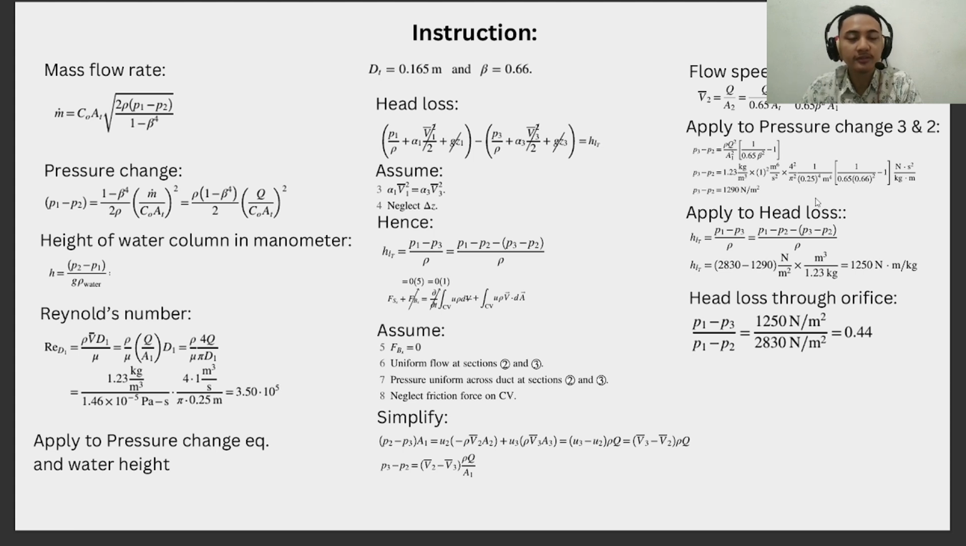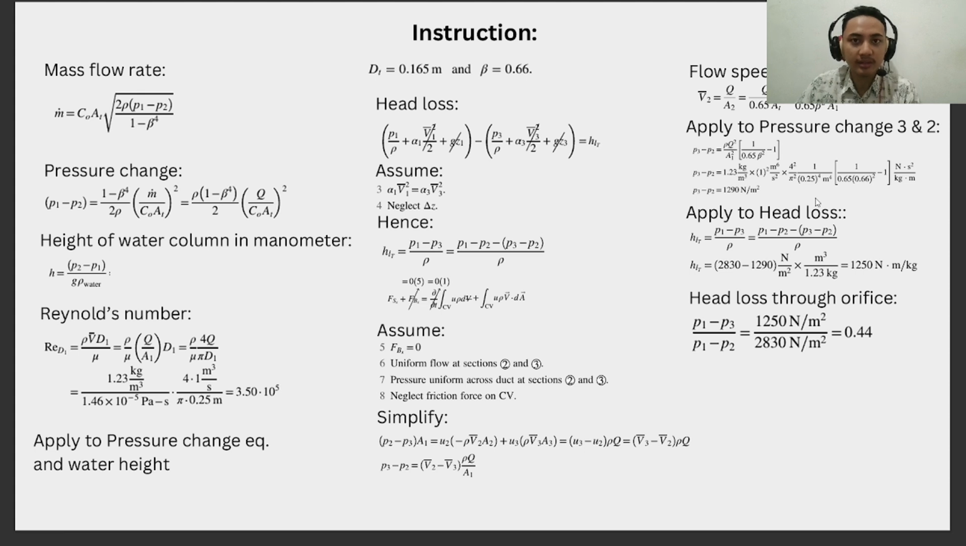And we try the throat diameter of 0.165 and beta of 0.66. We use the head loss equation and then we assume these constants, and hence we get the head loss into this equation, and then we assume a few more constants and assumptions and boundaries, and then we simplify